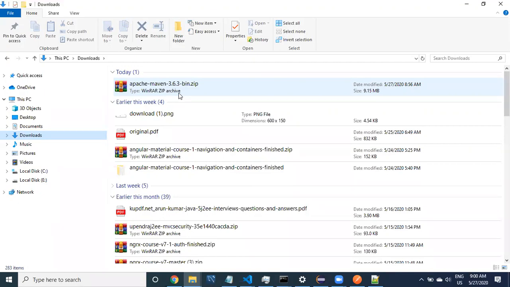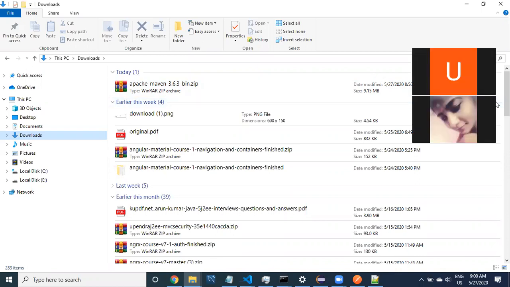Going forward, in the future, if you feel there are so many unnecessary files there and you delete them, this Maven is going to be deleted. So if we keep this file and this software separately, that kind of cleaning operation is not going to affect our Maven software.